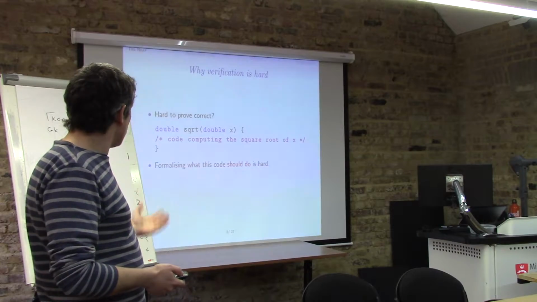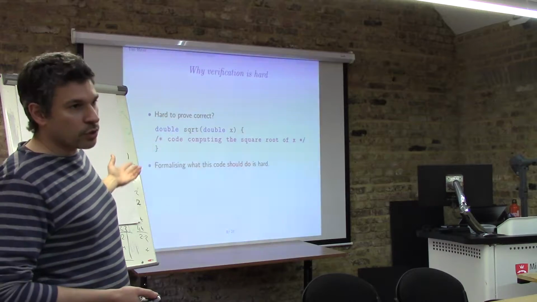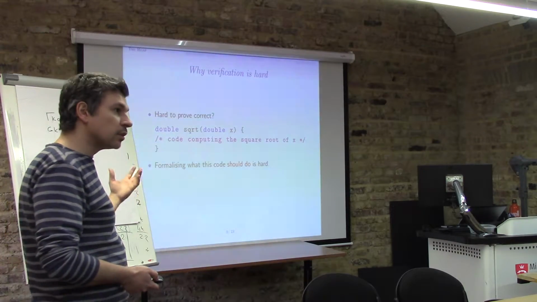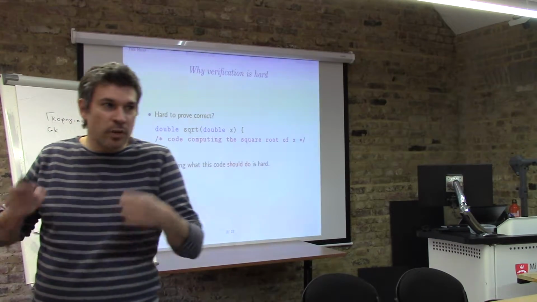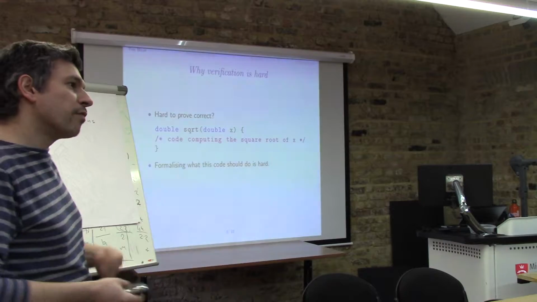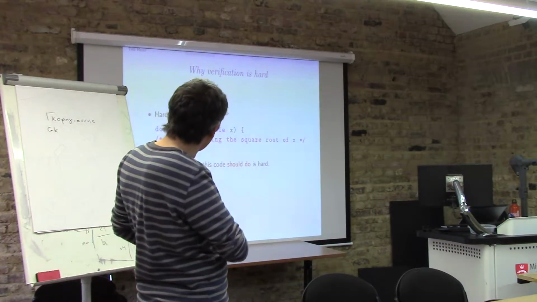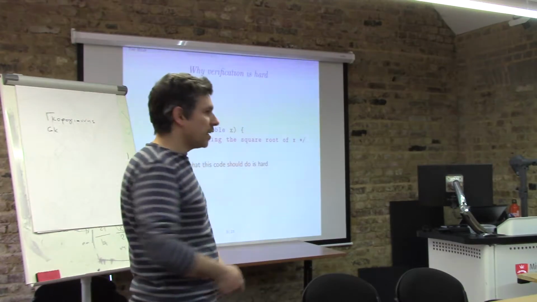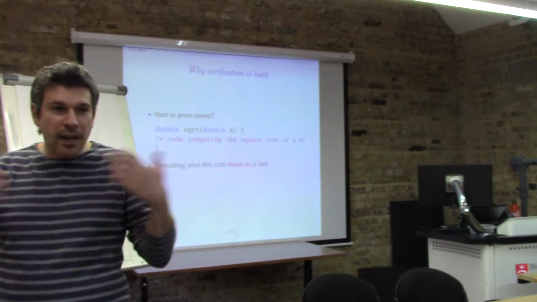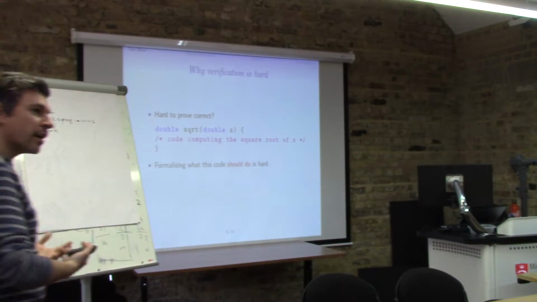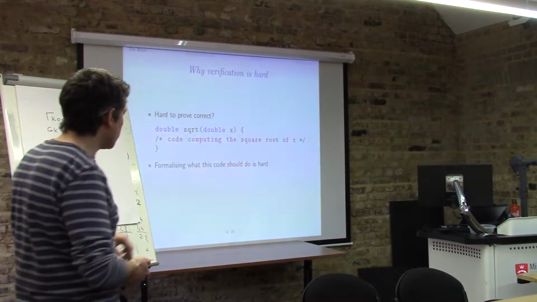And like I already said, just writing down in a formal way our expectations for this code is difficult, and it's also easy for us to make mistakes, and that happens very often. When we write down specifications, we very often make mistakes. And that is, by the way, partly an objection to formality. If we can't even formalize in mathematics the things we have in our head, then we shouldn't hold the formality too high. Anyway,